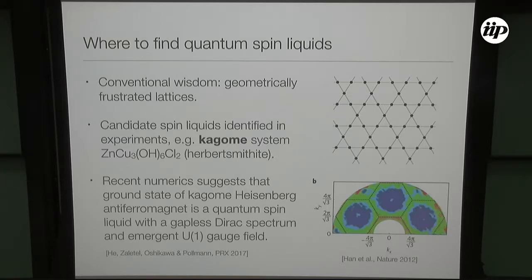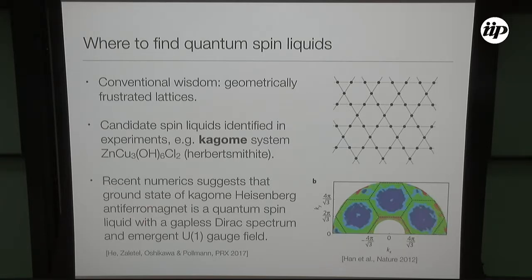And the usual signature here is that people look at various properties like magnetic susceptibility and specific heat, down to very low temperatures, and find no sign of phase transitions, no sign of magnetic order. You can check that with neutrons, and then you start thinking about whether that could be a quantum spin liquid. And in fact, there's also numerics done on this problem, the Heisenberg model on the Kagome lattice.